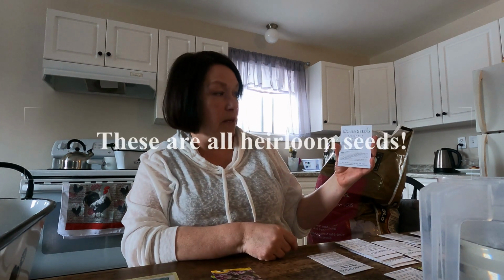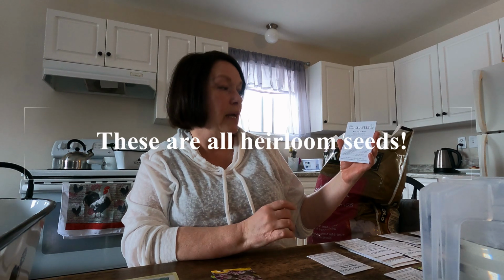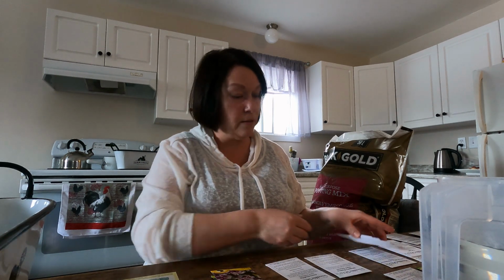We ordered from the Incredible Seed Company, and they are located in Pleasantville, Nova Scotia, and I will try and put a link in the comments. And we've ordered a whole bunch. So we've ordered cherry tomatoes, alpine strawberry,